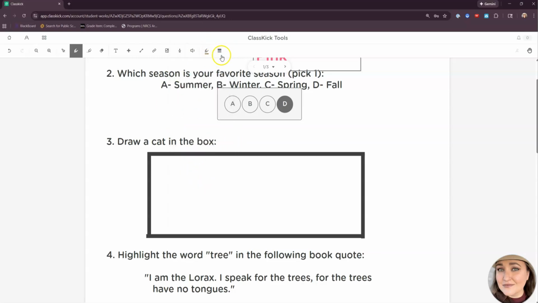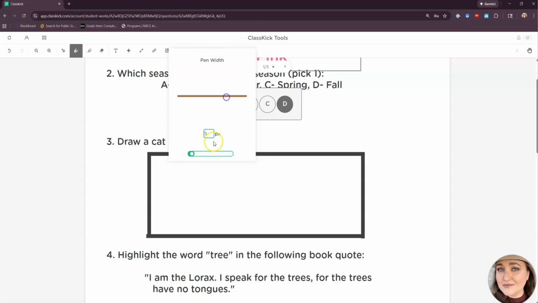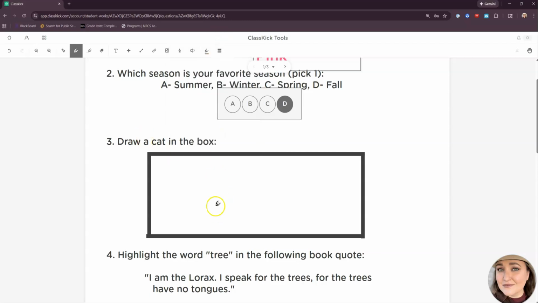I'm going to draw a brown kitty cat. And you can also change the size of your pen. So I'm going to make that a little smaller. And you're going to draw,